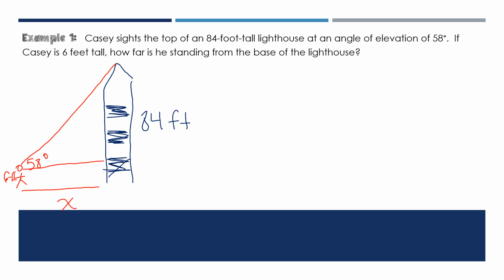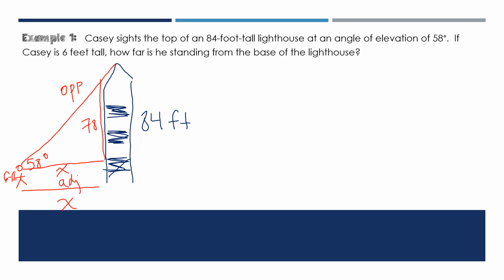Because he's 6 feet tall, this little triangle that's created here is going to be missing that 6 feet. So it's not the entire height of the lighthouse. It's 84 feet minus 6 feet, which makes 78 feet. And again, we're still looking for how far away he is from the lighthouse. So looking at this picture, from the 58-degree angle, 78 is the opposite leg and x is the